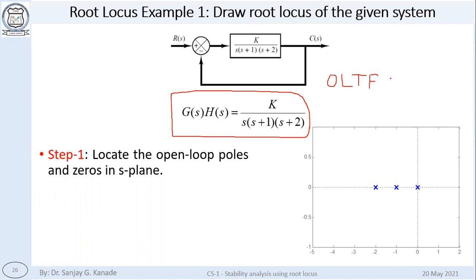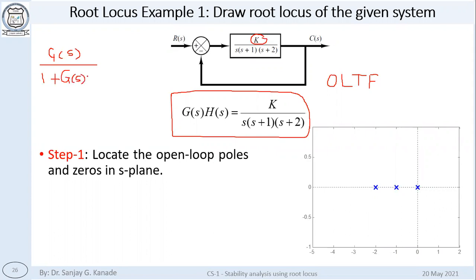Okay, so what we have is an open loop transfer function, and from the open loop transfer function we are trying to see what the closed loop poles would be. Directly we cannot find out all the poles because of this factor k, right? When we go for closed loop transfer function, it is G(s) upon 1 plus G(s)H(s), right? Am I right here?